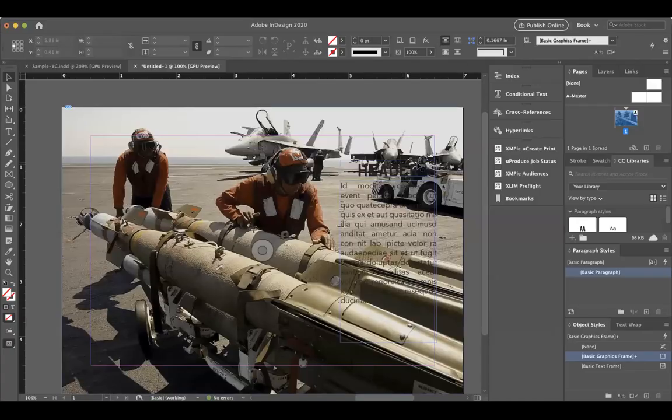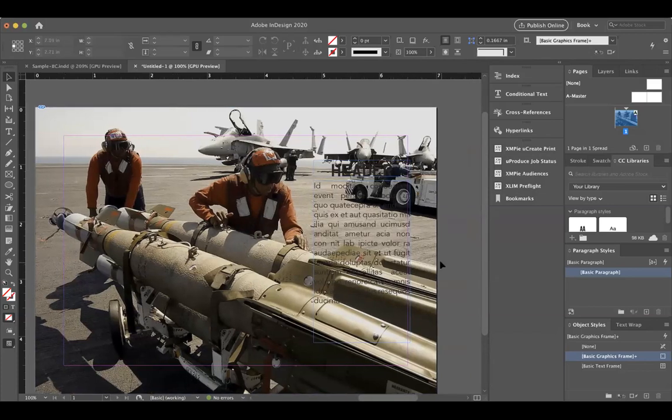Okay, couldn't resist actually sharing some samples here inside the lecture, though there will still be a demo video coming later on this. So here's an example of the type of graphics you can do in InDesign and the graphics that it's really meant to handle. I have a super cool picture of some F-18s on an aircraft carrier about to be loaded with some munitions. And I have some placeholder text, which could be some sort of cool text that's somehow related to this, or maybe not related at all. You never know